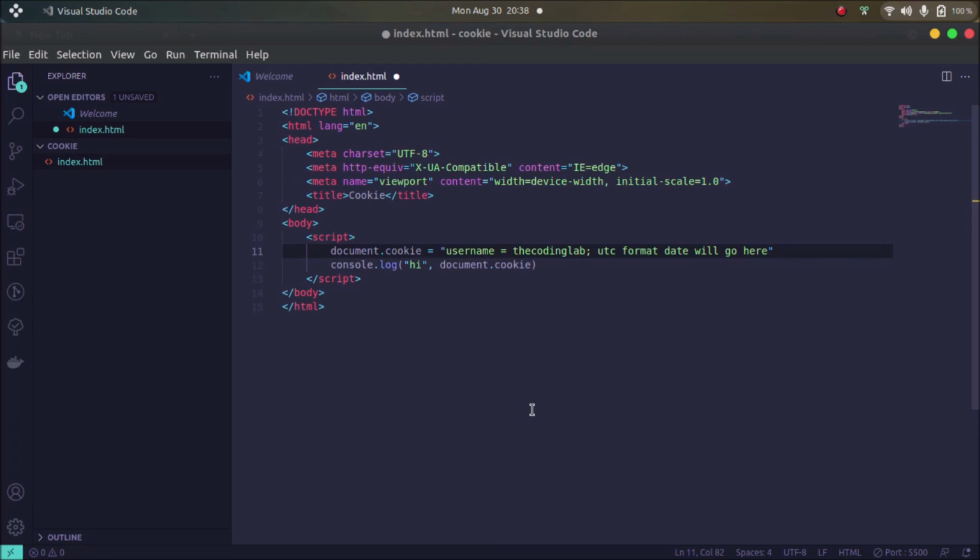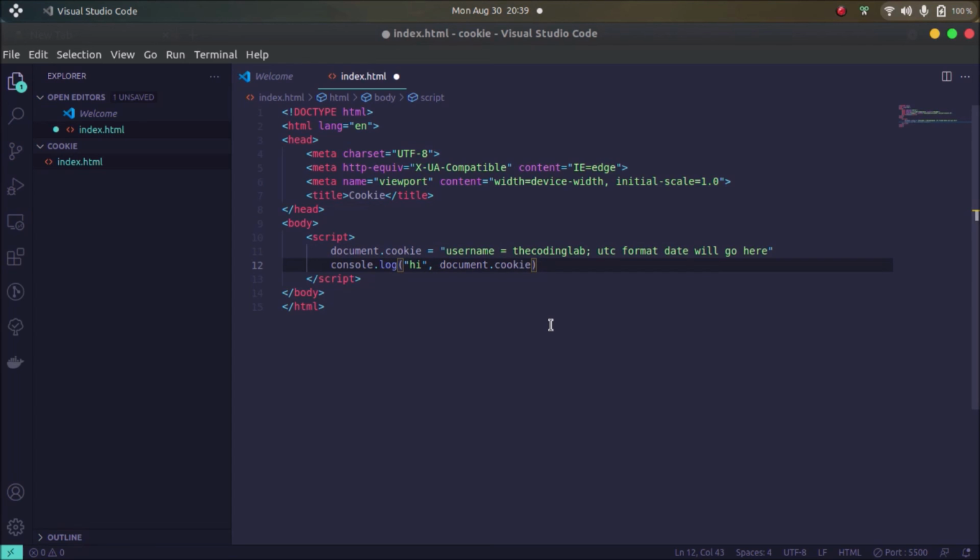Now you can explore these things on your own to have a better understanding. And we have also covered the interview questions along with the explanation. Interview questions are generally like: explain local storage, session storage, cookie, and how these three things are different from each other. So a quick summary: local storage, session storage, and cookies all these three things are used to store data locally in your browser. And the key difference is that local storage has no expiration date. It will stay in the browser forever until you uninstall the browser.